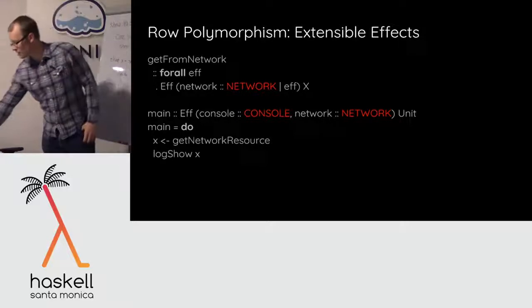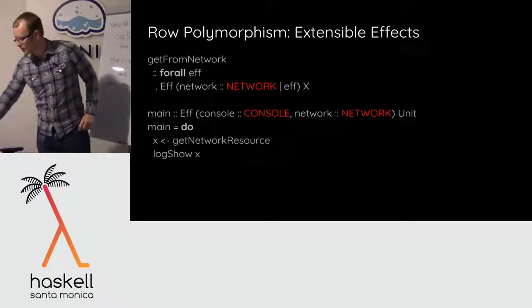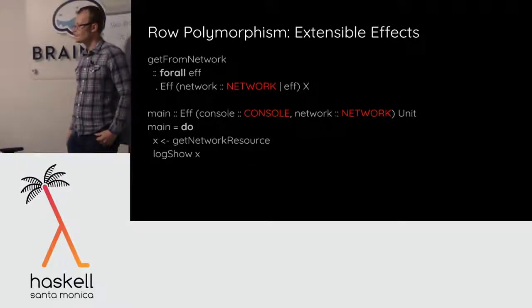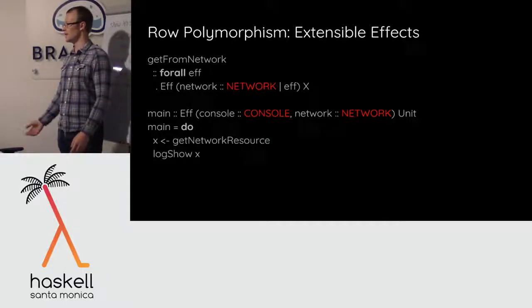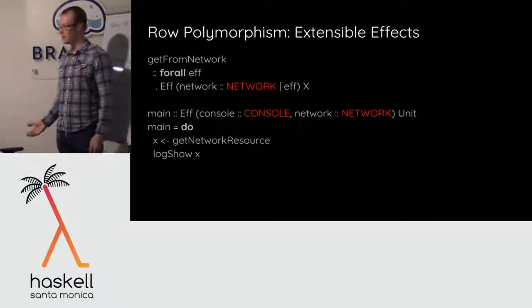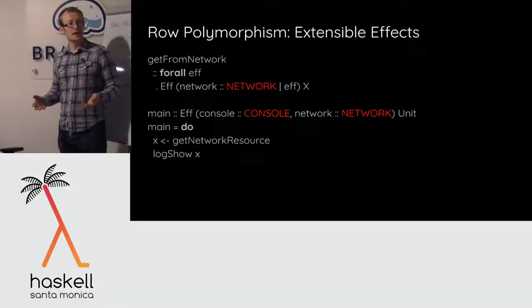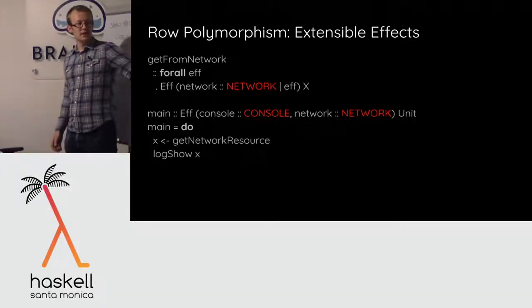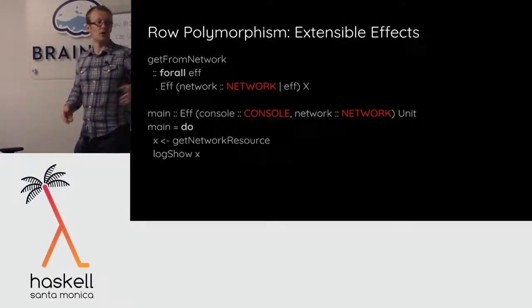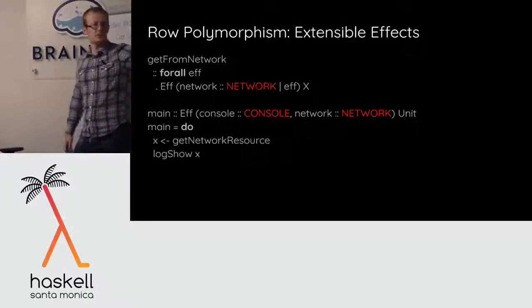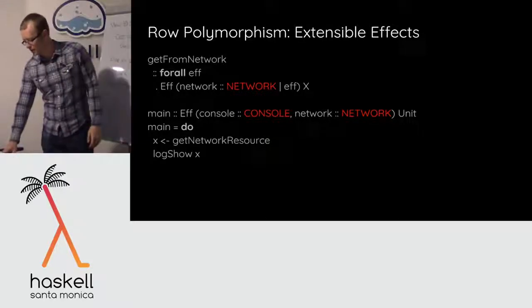Type classes. It feels like saying, as long as you have eq, I can do this. You're saying it's a little bit like console here, I can do log show. It has some similarities with MTL, right? Where you have monad state, monad error, whatever, and constraints bubble up to the top, right? But it's different in two ways. We're using rows, obviously, and we're using unification on rows to do something similar. But also, this is just a phantom type, right? There's no runtime representation of this. There's no dictionary passing going on for MTL classes or anything like that.